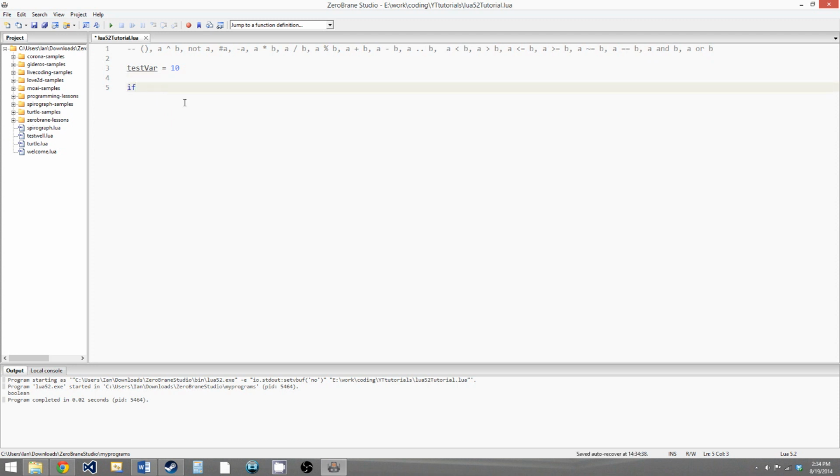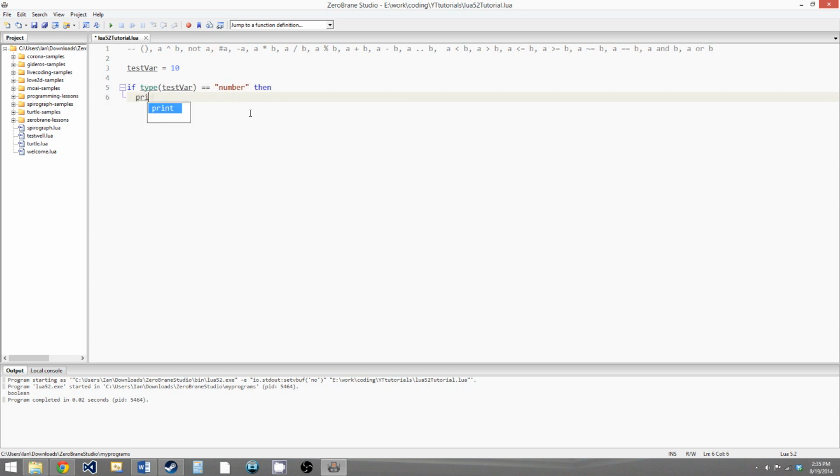So let's say if the type of test var is equal to, and remember to use the double equal signs, because the single equal sign is the assignment operator here, and the double equal signs are the comparison equals operator. So if the type of test var equals number,